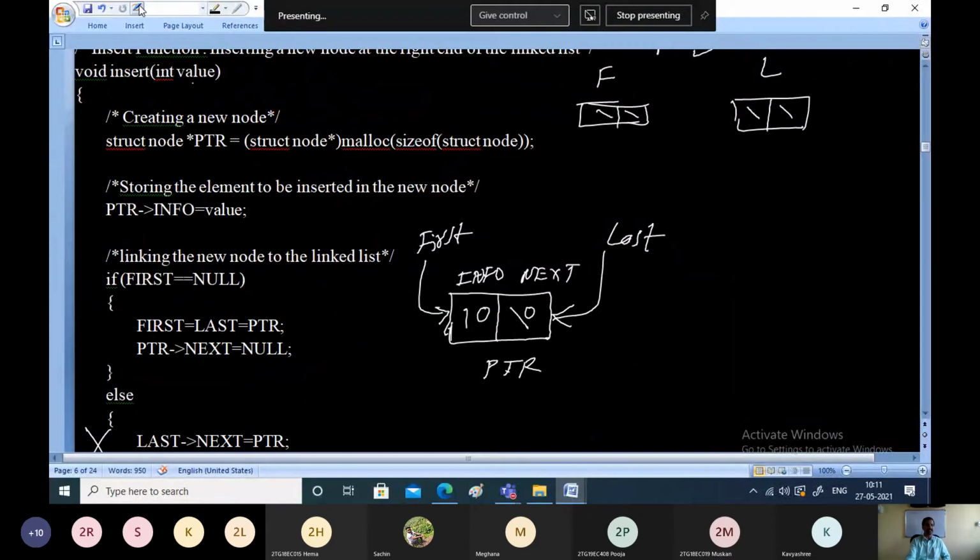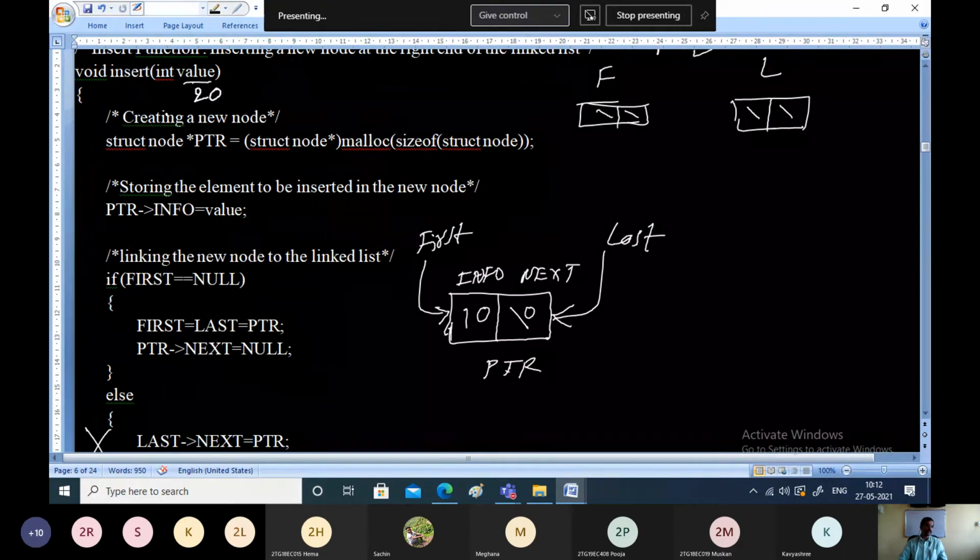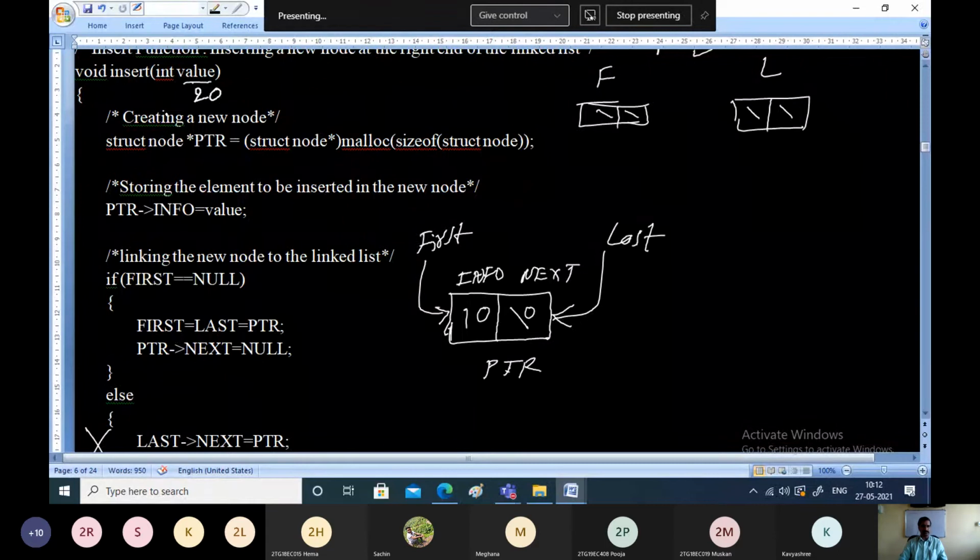What is the value present here now? In this value, what we have is 20. Why? Because now we have passed 20 from the main function. From the main function, we have passed 20 as the value, and that 20 has to be inserted into the linked list now. As usual, what is the procedure?